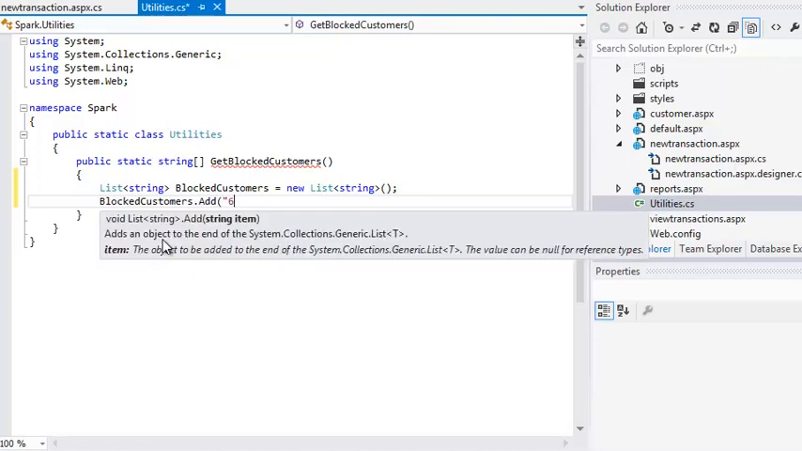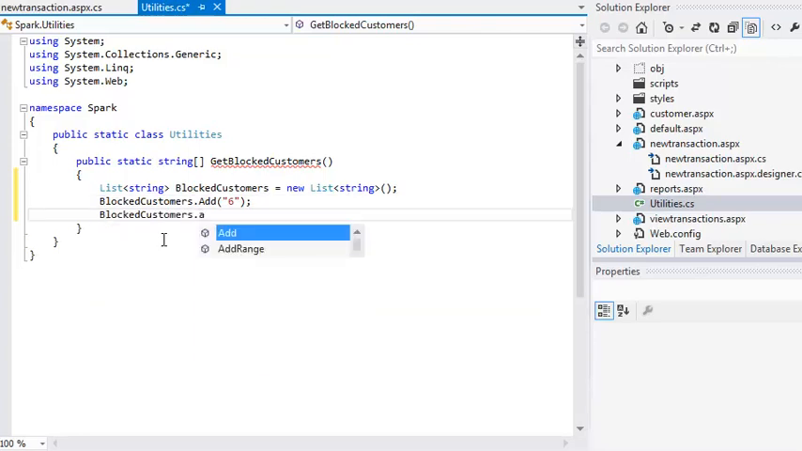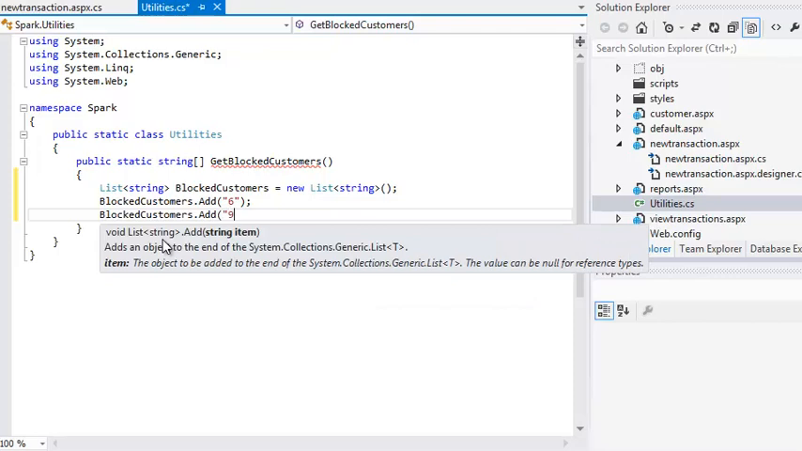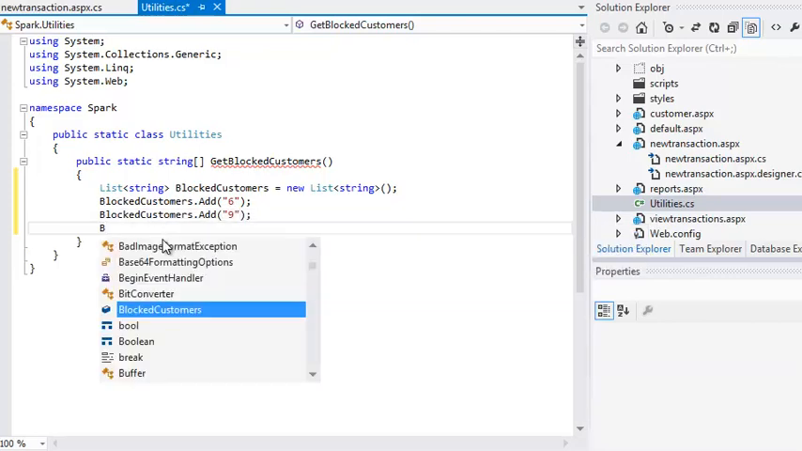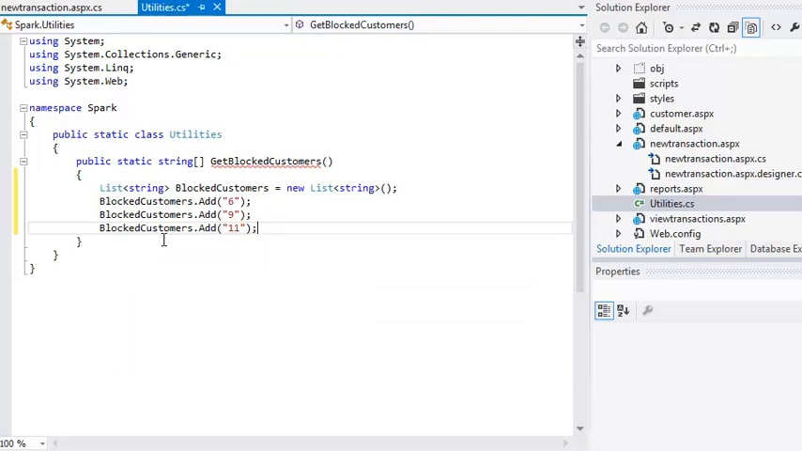blockedCustomers.Add("6"); As you can see, it's very easy to add a value to a list. Now add the following code to add the other two values to the list. blockedCustomers.Add("9"); blockedCustomers.Add("11"); You now have a list collection containing the 3 strings that you stored in an array in the previous